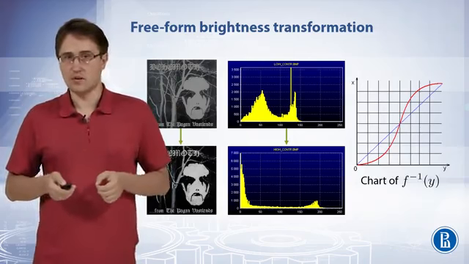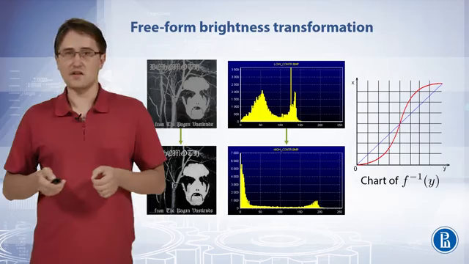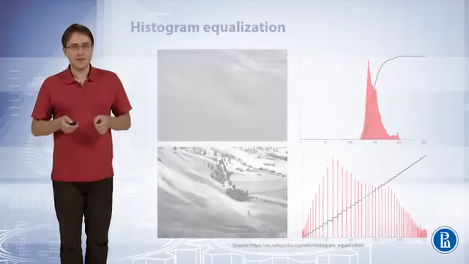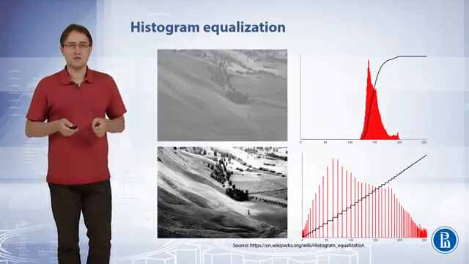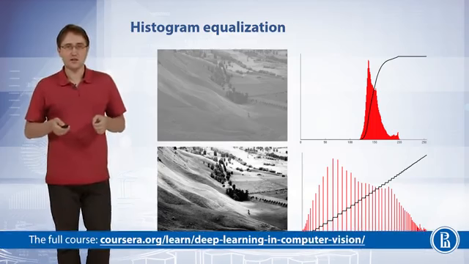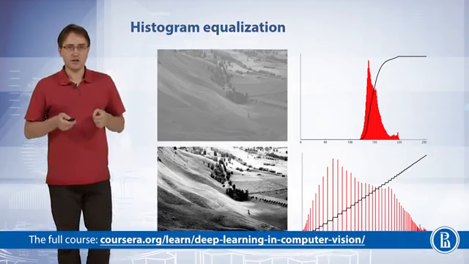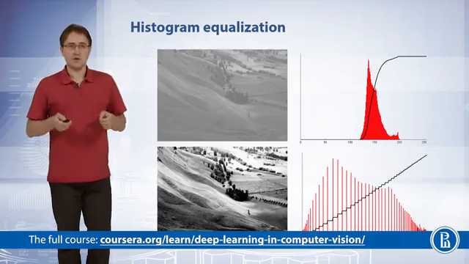Here's one example, when contrast in the middle of the histogram is improved by flattening the areas of both bright and dark pixels. One other example of such freeform transformation with automatically estimated curve is histogram equalization. The goal is to make the cumulative brightness histogram near-linear. Such transformation can improve the visual perception and automatic recognition of images, and it's often used for image recognition.